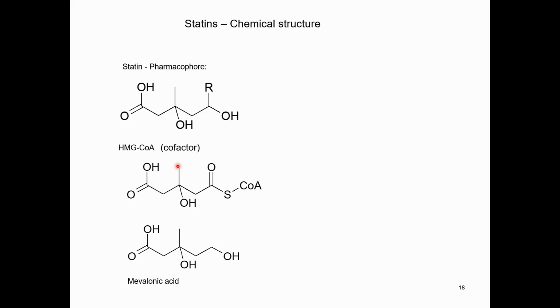So here's basically, you'll notice that there's a big chemical resemblance, right? Here is the structure of a statin, and there are many of them, and they have different R groups, which can be any one of a number of different things. And here is HMG-CoA. Very, very similar, right? So it's a substrate analog because it's similar to the substrate, okay? Chemically, but it cannot be acted upon by the enzyme. So it's going to plug up the enzyme at the active site.